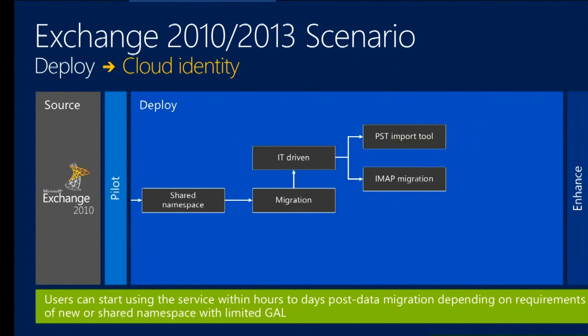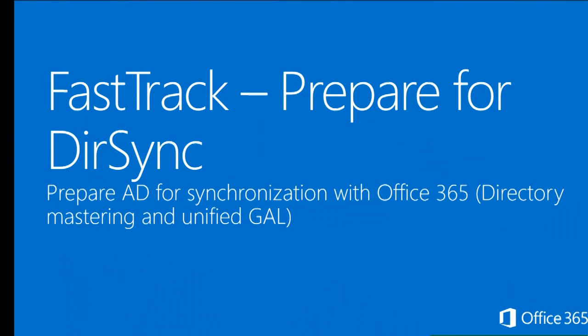The next set of operations is to prepare the directory to get the synchronization between the AD on-premises and Office 365. So just prepare the environment for dirsync, making sure we are able to bring the unified global address list between the two environments. In order to help us in doing so,